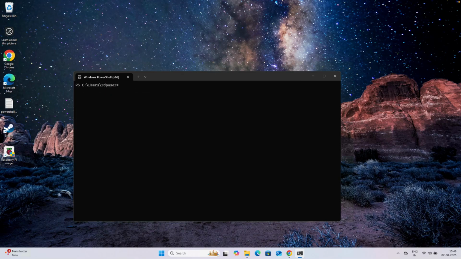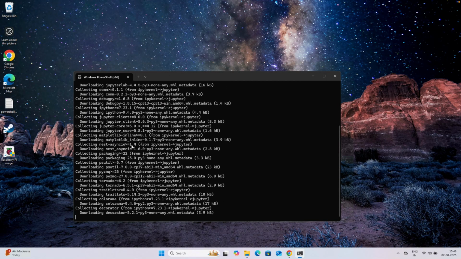Now let's say that we want to install Jupyter Notebook or Jupyter Lab. Jupyter Notebook is similar to Colab with all those notebook things. Jupyter Lab gives you an option to work with terminals, files, folders, and so on, so it's a bit easier. I'll show you how you can install both. You have to give these commands in your terminal. So say pip install space Jupyter. That's the spelling. So run this.